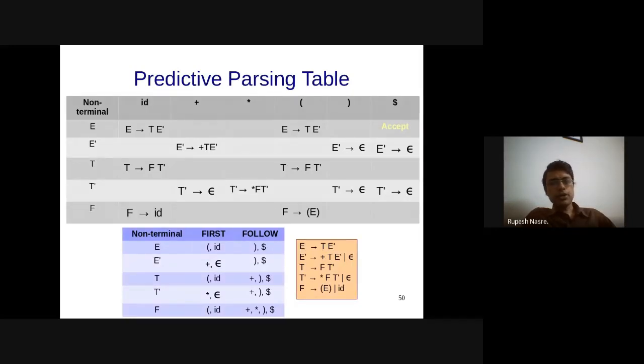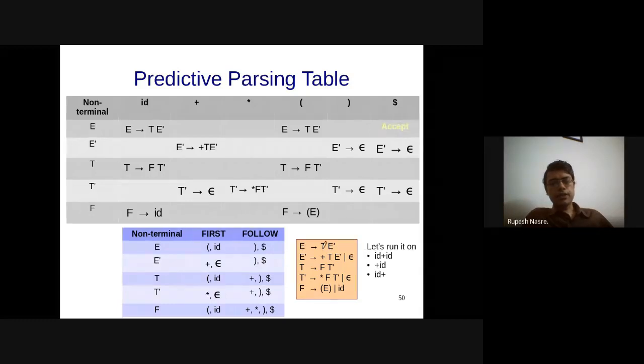Using this we were able to construct this parsing table, and we also discussed that once you have this parsing table, the job of the parser becomes relatively easy. It just starts from the starting symbol and goes on applying the productions whenever it sees a particular token coming into the input. So let's try to run this on some example string, and we'll be able to figure out how the parsing happens. Let's run it on id plus id.